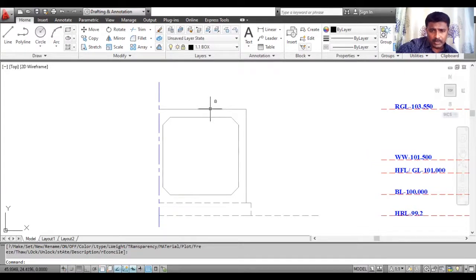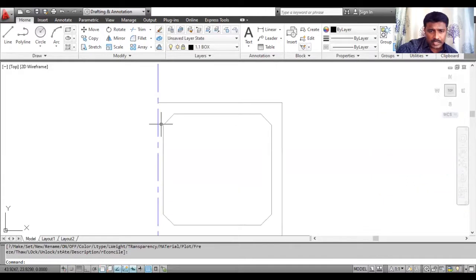With respect to the top surface, you have to add the thickness of the top slab, and also add the thickness of the side wall, and also add the thickness of the bottom slab, and also you have to draw the haunch. This is called a haunch. The haunch dimensions are given: 0.3 meter height, 0.3 meter width.